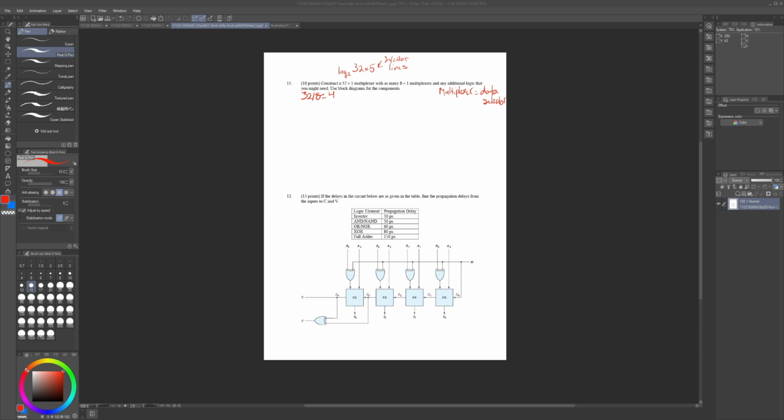Typically, your selector lines are going to be log 2 of this large multiplexer here. So I got 5. This gets us how many multiplexers we're going to need in order to construct this 32 multiplexer. I will quickly write down. So this is something that you can use to calculate the total number of multiplexers only if